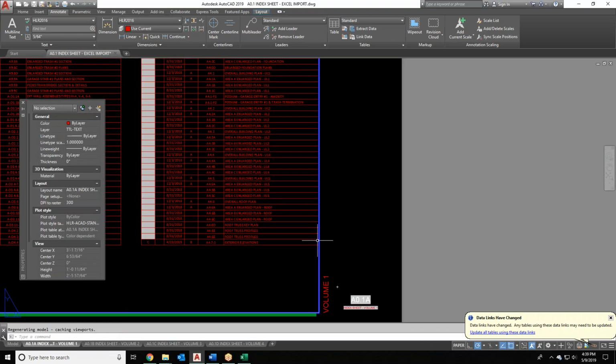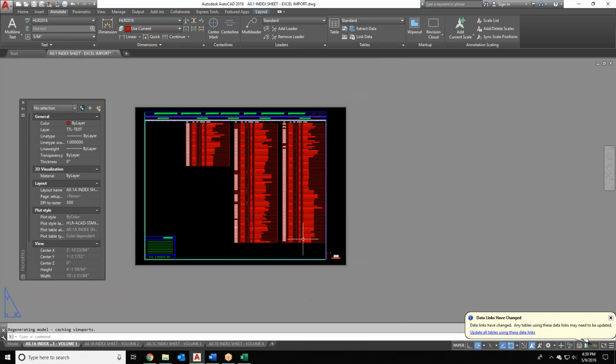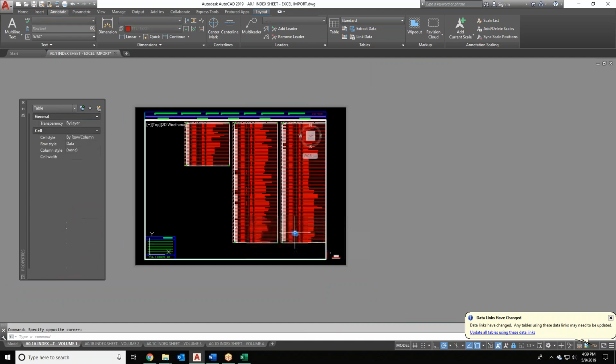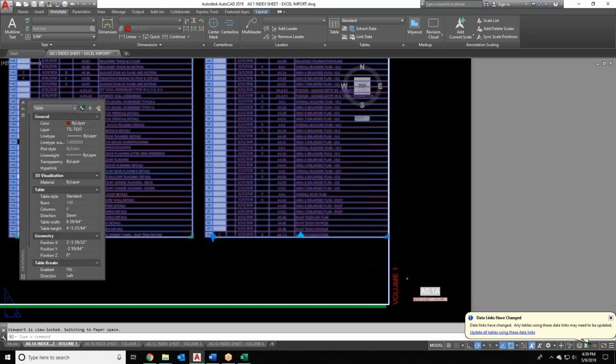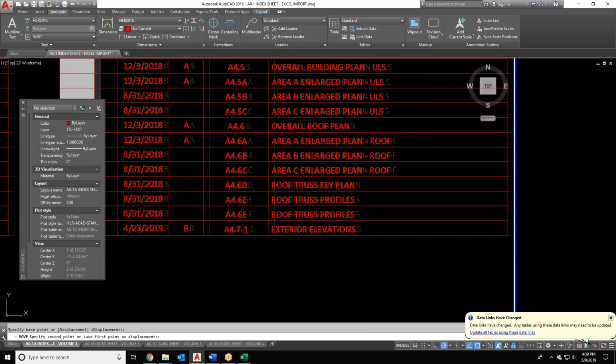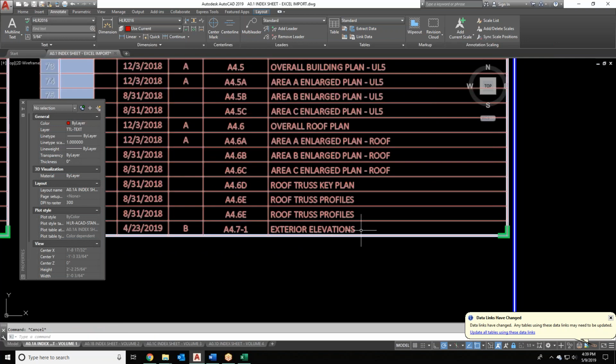So you can see where I'm at right now. You can see I'm a little bit beyond the viewport scope here, so I might just double click in here and move it off just a hair to the right if we need to. Obviously I got to put the title block, but that is the process of integrating Excel into a CAD version